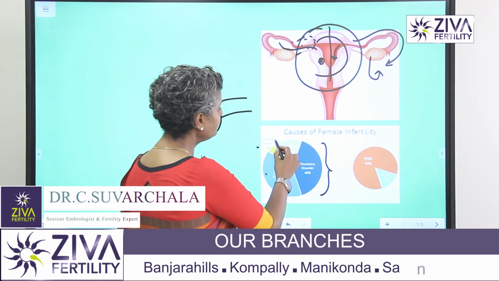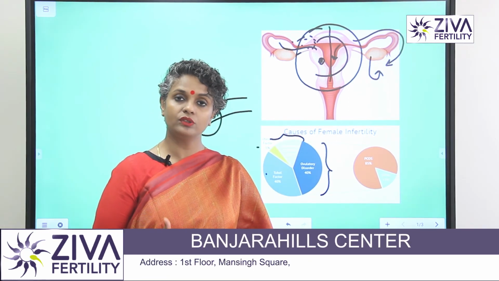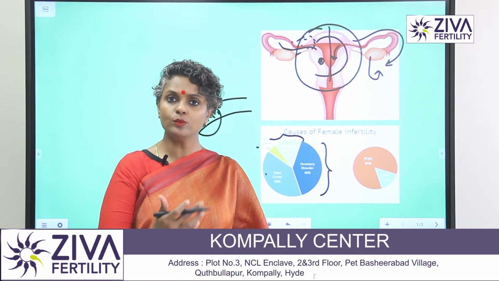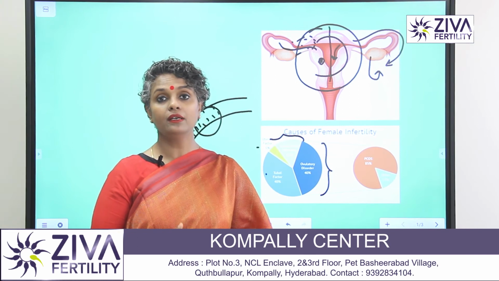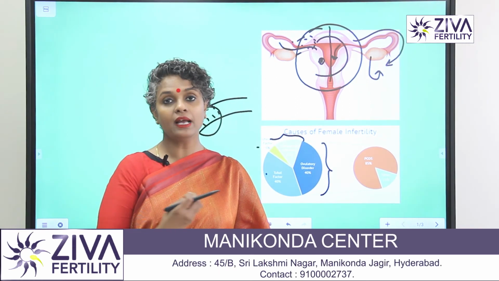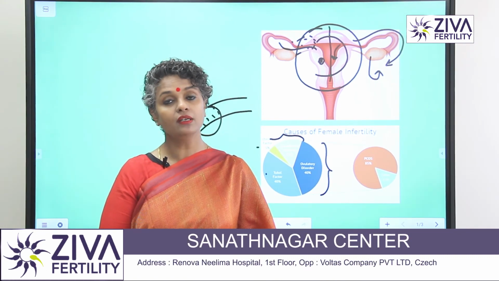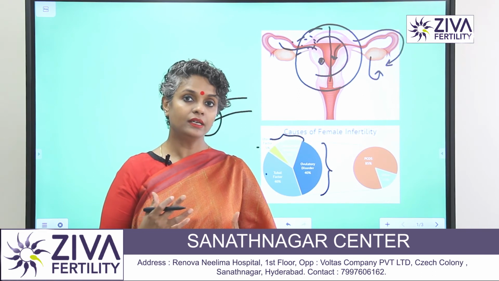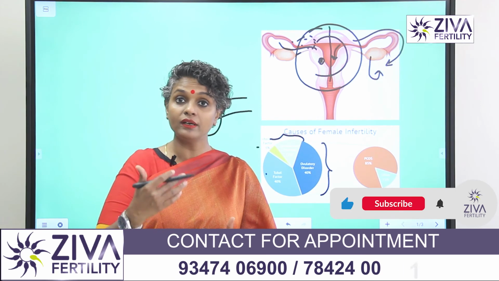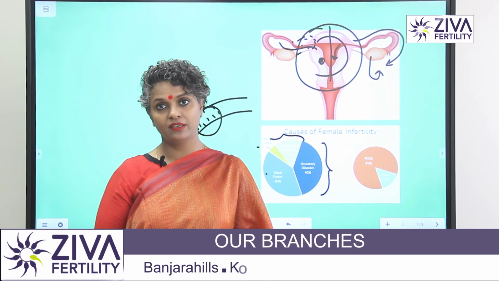Then there is another 15% which is unexplained. Now, everything could be fine. The female side looks very good. Her periods are good. Her tubes are patent. Her uterus is good. And there is nothing that we can actually pinpoint in the woman. That comes under unexplained infertility. Even the hormone levels in such women are absolutely fine. Because it is unexplained, we are not able to put a finger on it; science has not gone until then, technology has not reached until there, so we call it unexplained infertility.